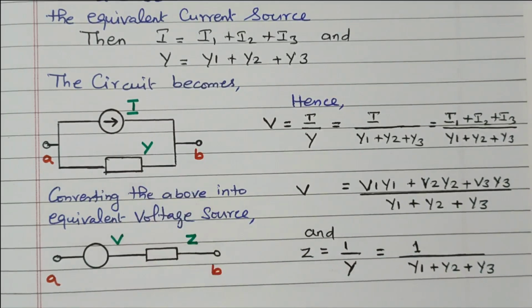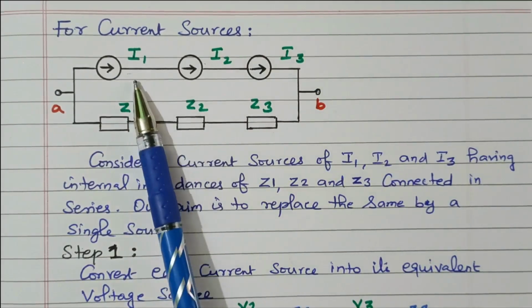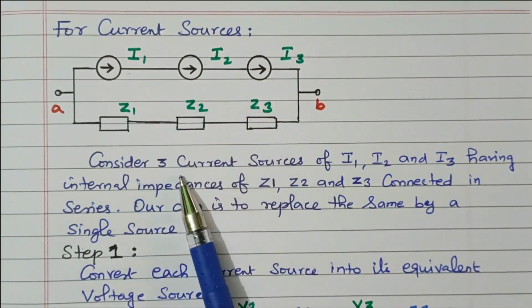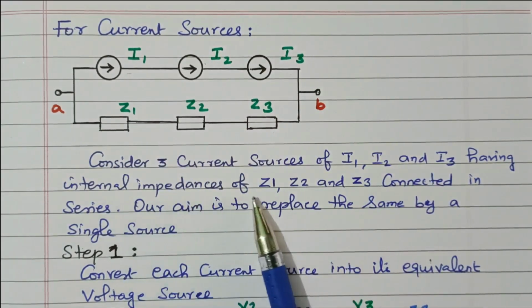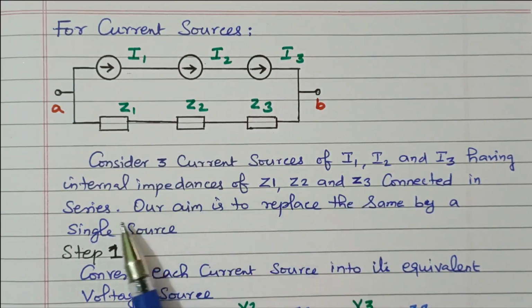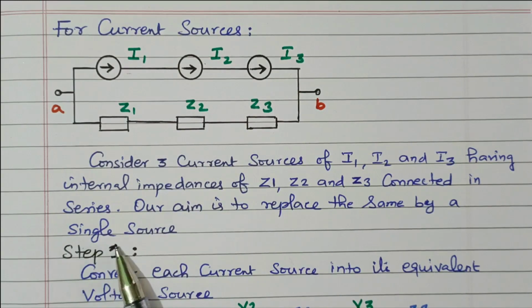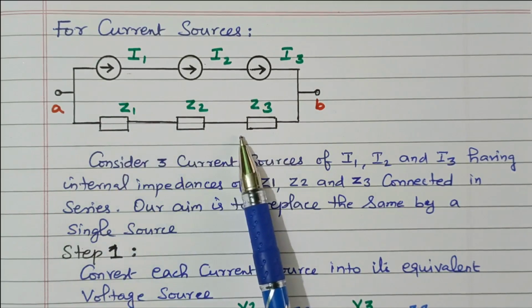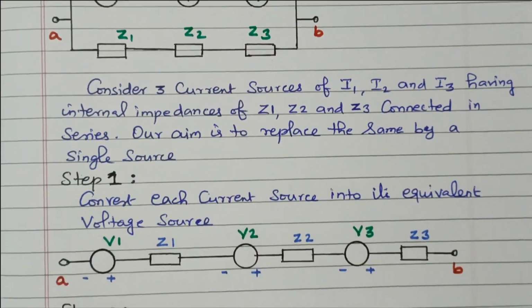Now we'll go to the current source. Now consider these current sources. There are 3 current sources I1, I2 and I3 having internal impedances Z1, Z2, Z3 connected in series. Our aim is to replace them by a single current source. These 3 current sources with internal impedance can be replaced by a single source. That is our aim. So step 1 is to convert